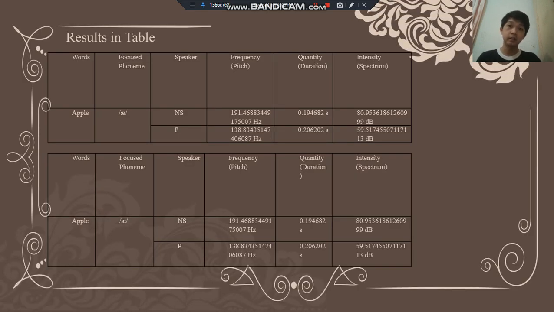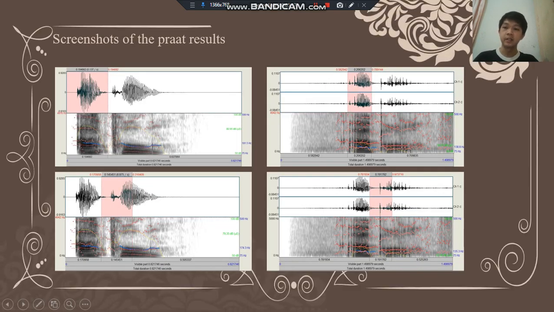Moving on, here are the results in a table from the Praat analysis that I took. And as we can see here, the data I took is very different between the native speaker and non-native speaker. And then moving on, here are the screenshots of the results which I took for the phoneme analysis.